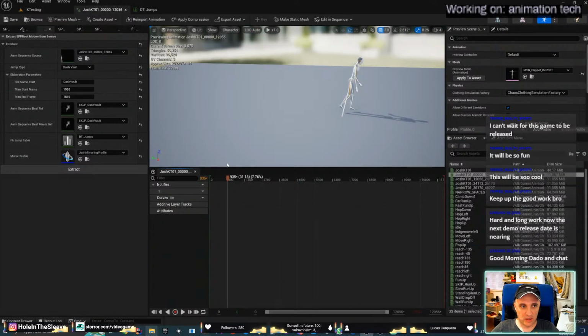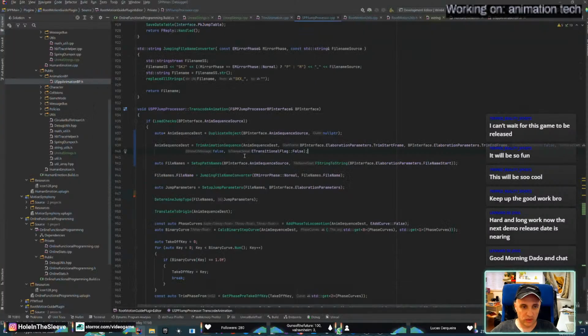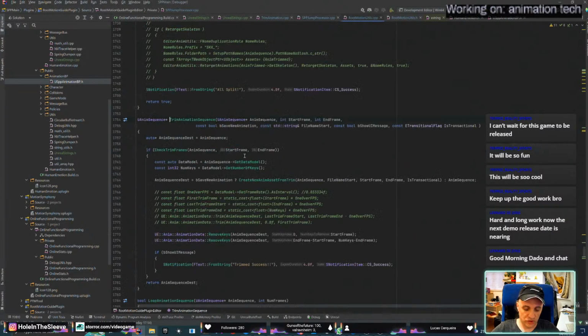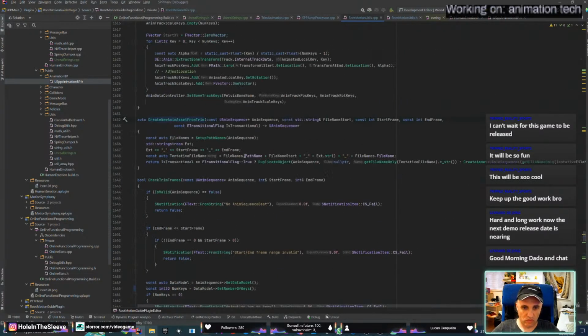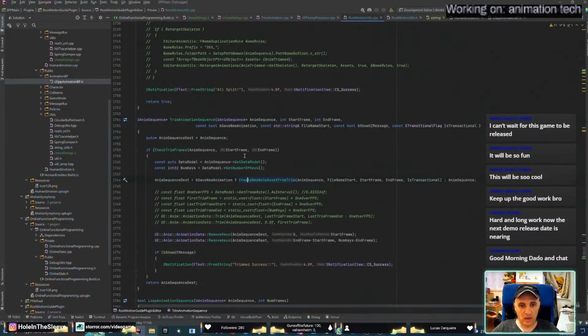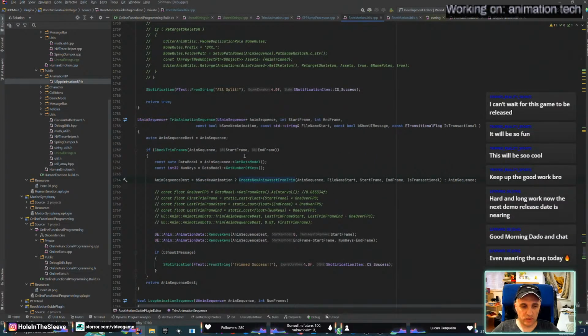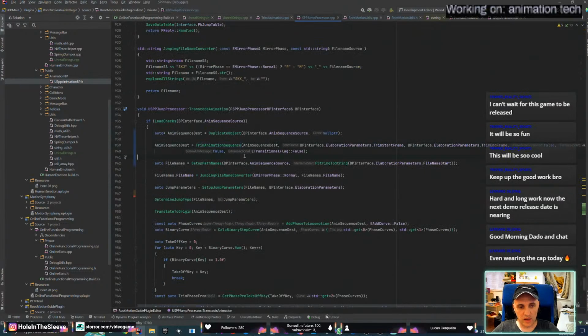I just want to optimize this thing as much as I can. So, let's do it one thing at a time. Even if it's transitional, can I get the name of it?